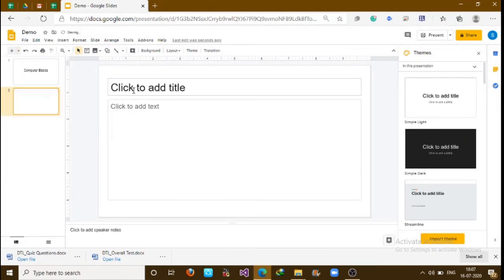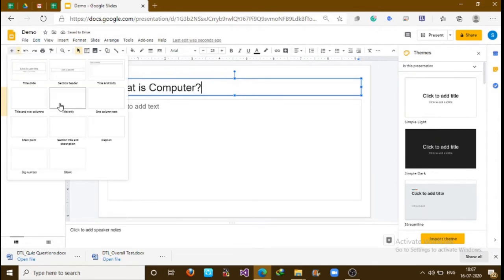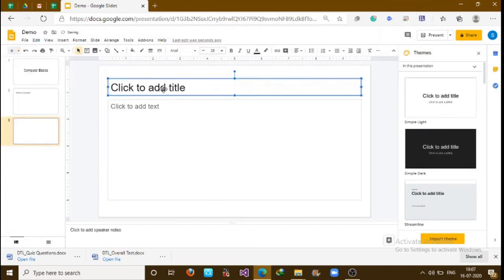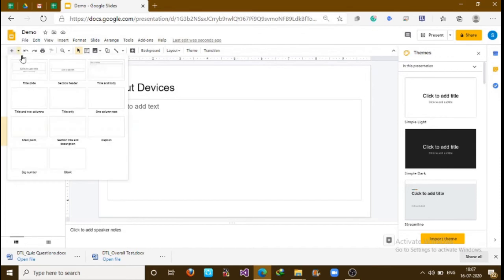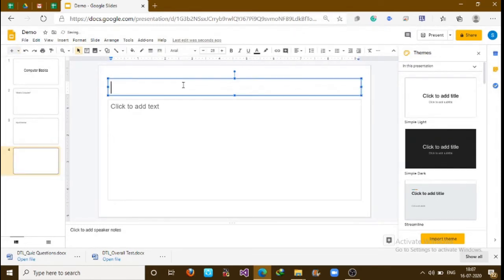I just want to give it a name: What is computer? Add one more slide. Just simply say input devices. Let's take one more for better clarity. Say output devices.